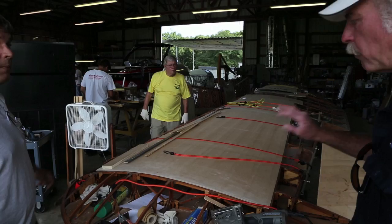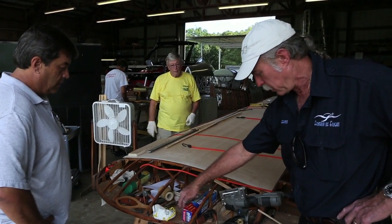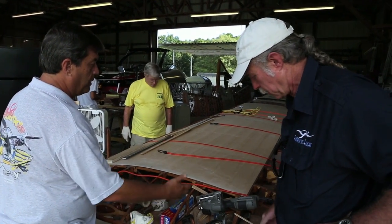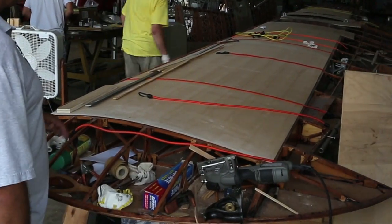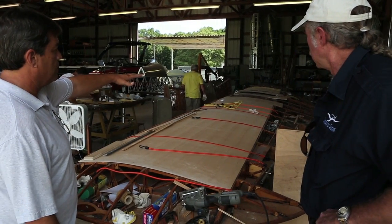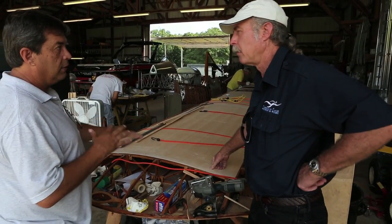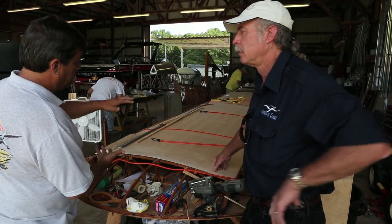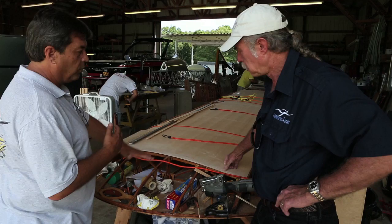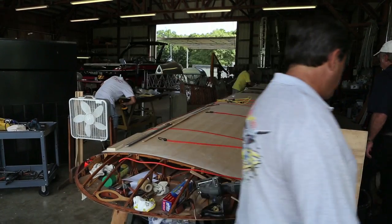So you've only taken the top off, right? And you're putting that on. So is this the original stuff, or was this repaired on this end? This tip had been repaired. So that's some birch that was repaired. That's where Jameson had done the repair. But the rest of the bottom skin's original. So the plan is to get the top skin all on, lock it all back in, and then we have cradles already built to support it when we flip it over, then repeat on the other side. That way we let the wing self-jig itself instead of having to...